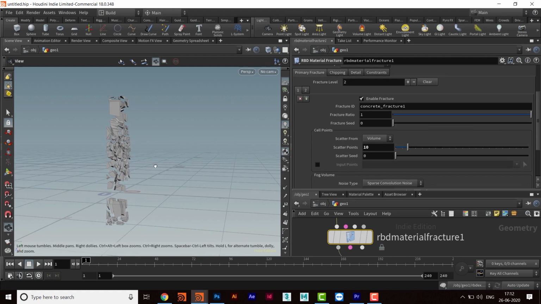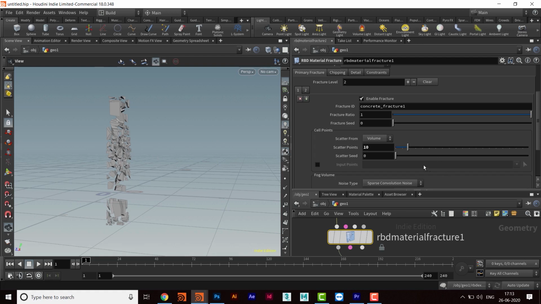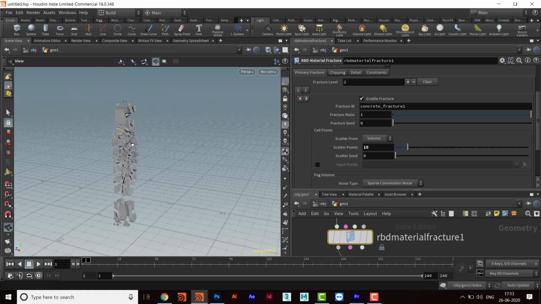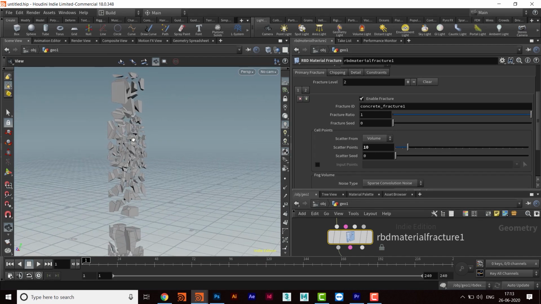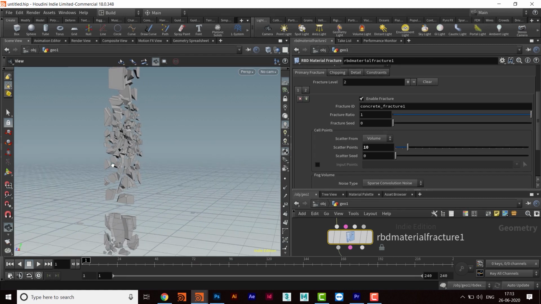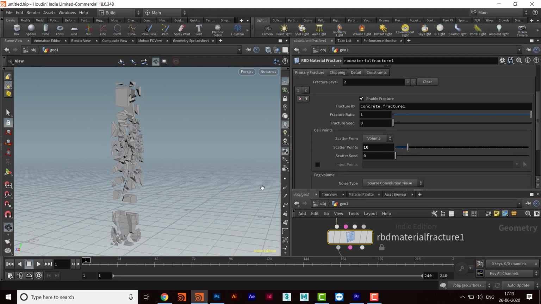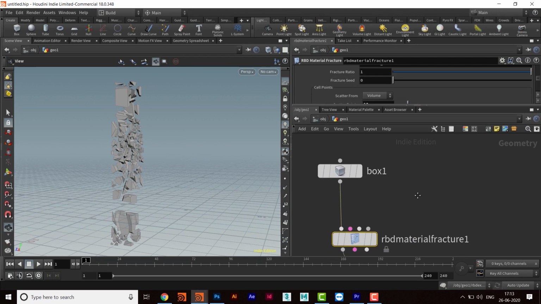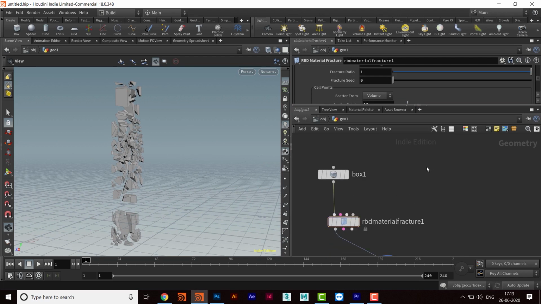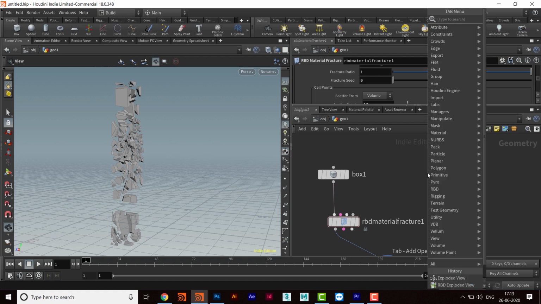But what if I want to make the fracturing not depend on these values, but create some points from external points and then fracture some particular area? Maybe some area where I need more points, and the fracturing is on the whole column, but I need more points at some particular place. I can also do that, but for that I'll have to take some external points. So I will come here and take a sphere there.